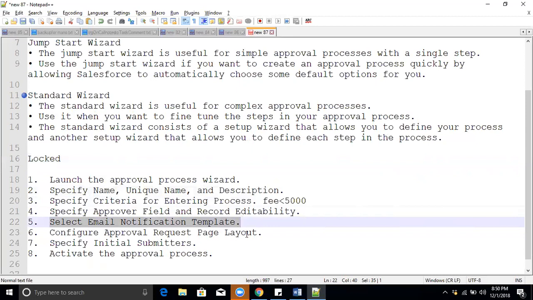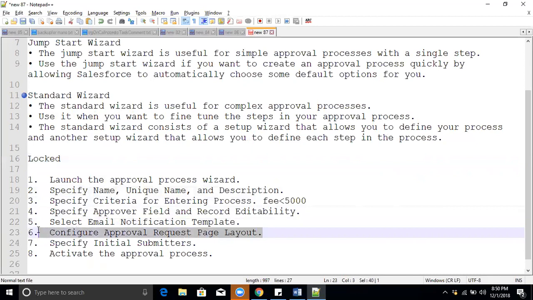Then in the approval page, we let the approver choose which fields he wants to see. Like, he wants to see the complete record, or we will give him only limited fields. For example, we will assign only name, date of birth, and payment. Or if you want the complete student record, then you can assign all the fields in the approval layout.